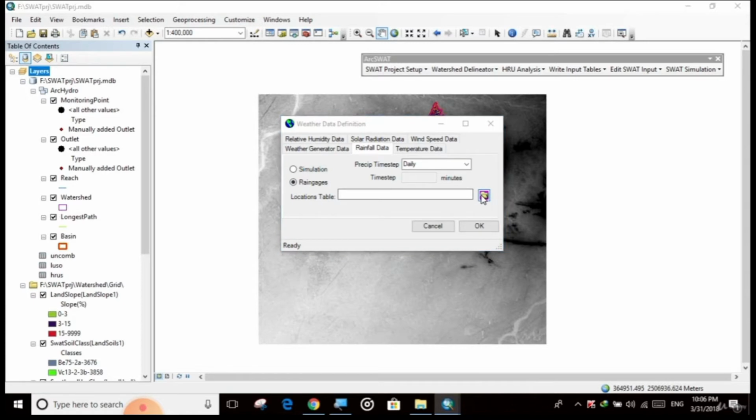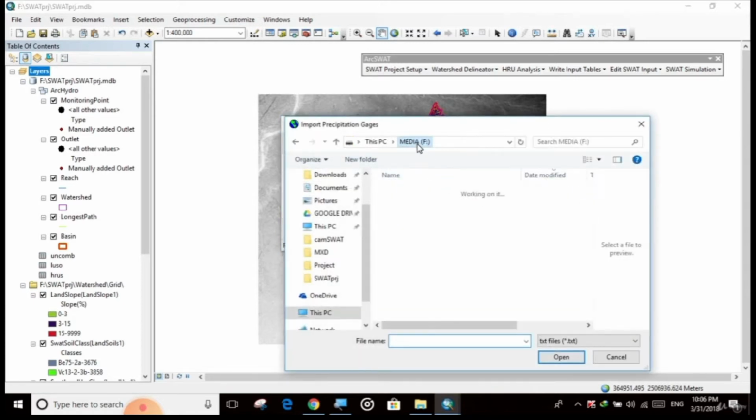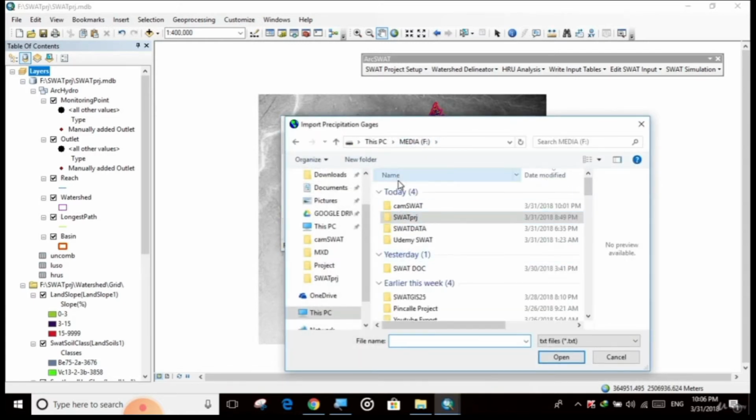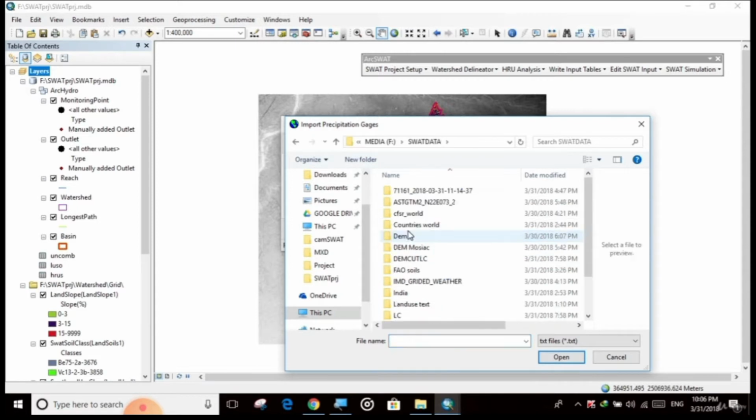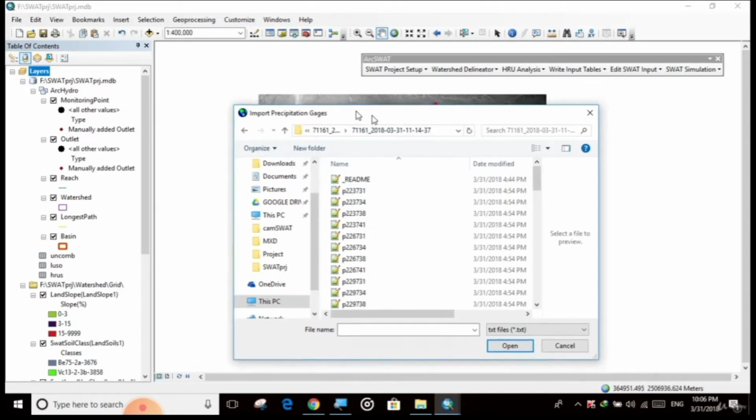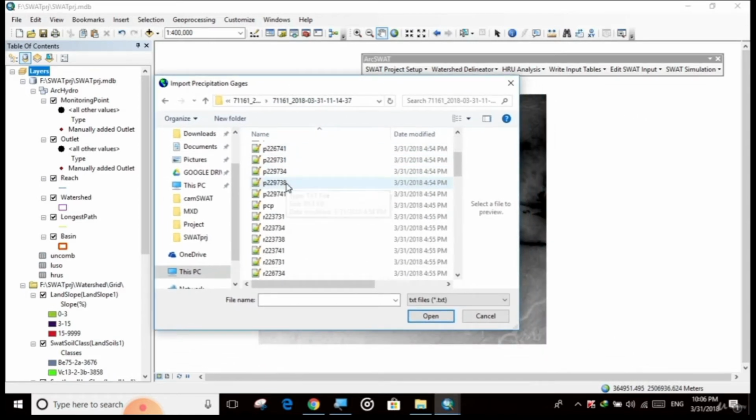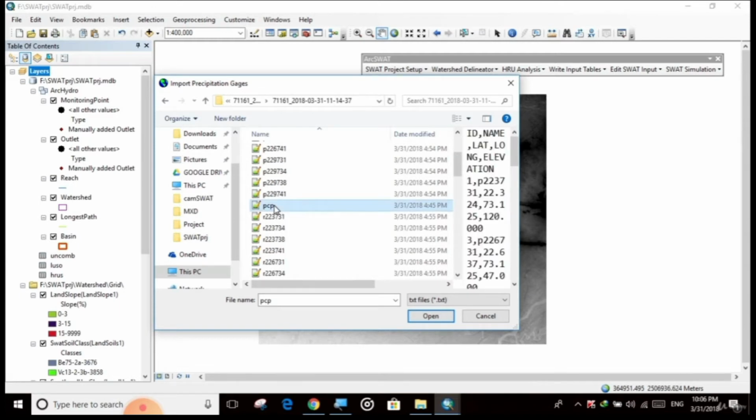So click this button. Browse to your data, which we saved in the SWAT data folder. You see this file. This is the same file which we downloaded from Global Weather. In this file, for rainfall, select the index file named PCP.